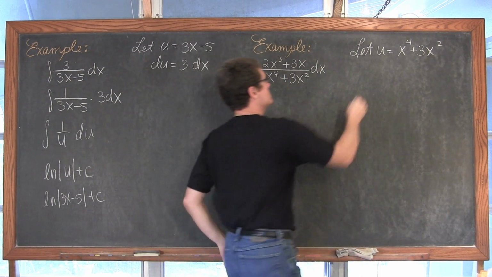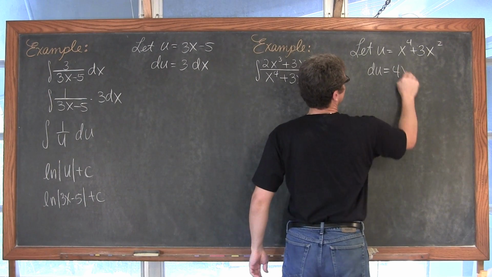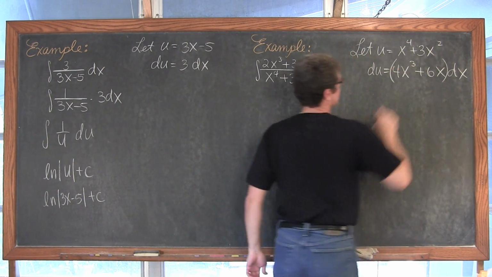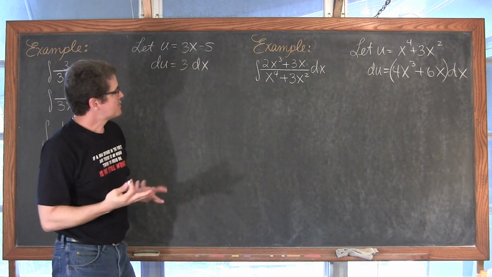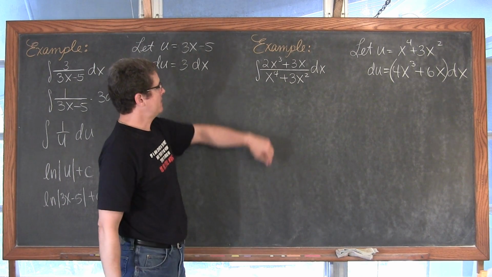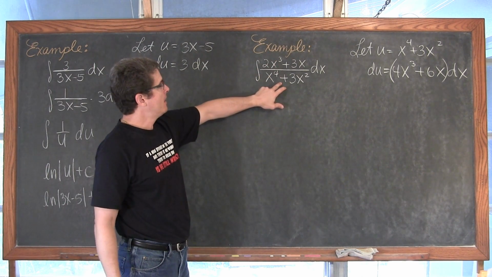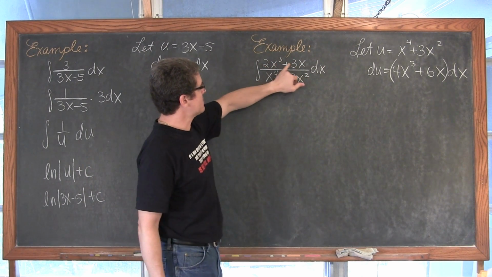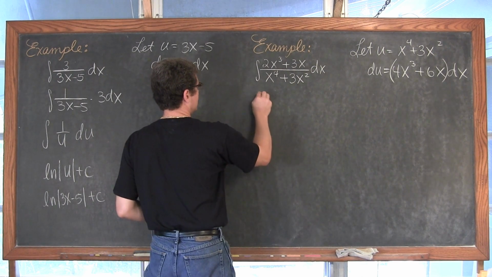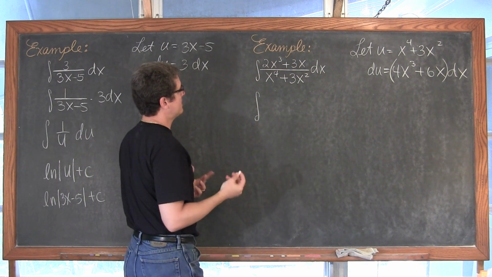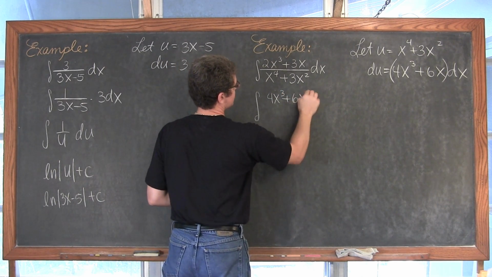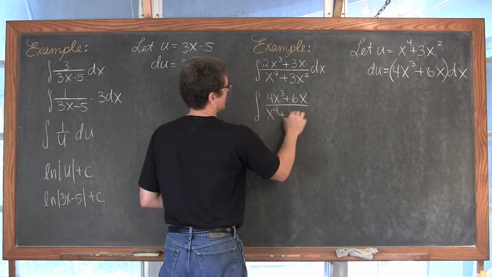So then du is going to be equal to 4x cubed plus 6x dx. Okay, well that's almost what we have in the numerator. Now there's a couple of ways we can approach this. If I want to go after that u prime over u pattern, well, my numerator has all these coefficients are just half of what we have over here, so I can do one of two things. I can multiply the numerator by 2 and get 4x cubed plus 6x over x to the fourth plus 3x